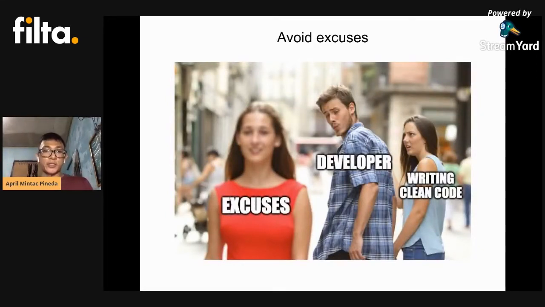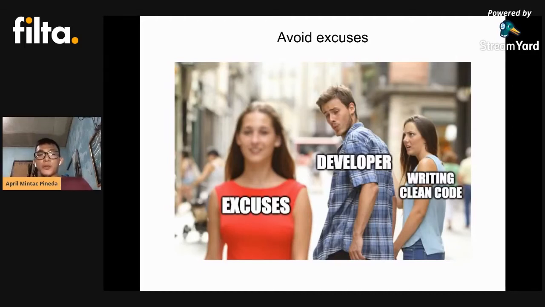Yes, you should avoid excuses. What I found is that developers don't necessarily write ugly code or spaghetti code because they can't write clean code. They can write clean code. The problem is the environment encourages them to make excuses. So the developer will just be lazy and say, yeah, I'm just gonna write it as long as it works. And everybody will have that mindset, everybody's just doing their own thing as much as they please, which contributes to the overall growth of the spaghetti problem in your code.